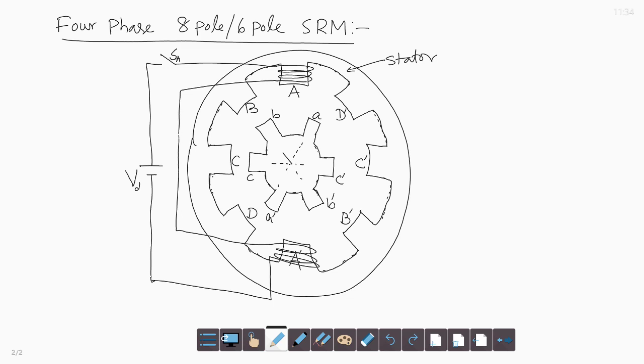So, all the 4 phases are excited sequentially and synchronously with the help of a rotor position encoder to get unidirectional torque. So, it is essential. That means along the rotor shaft, a shaft position encoder is mounted, and the rotor position information is obtained from that position sensor, and that position information decides the switching on and off of the corresponding phases. That is the control strategy.